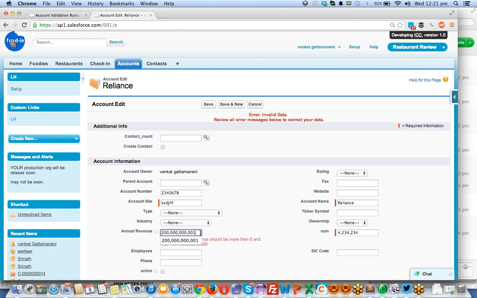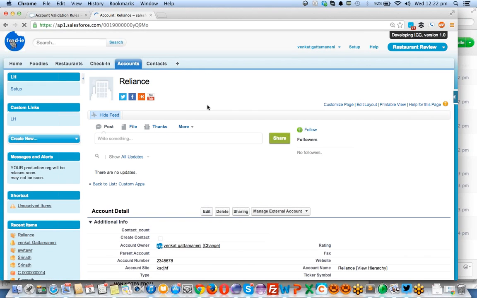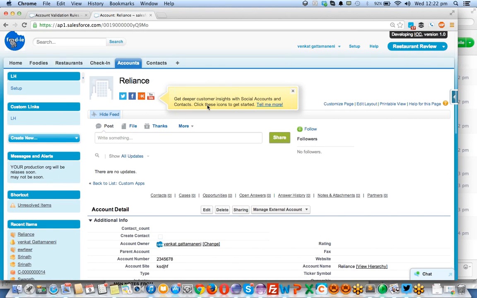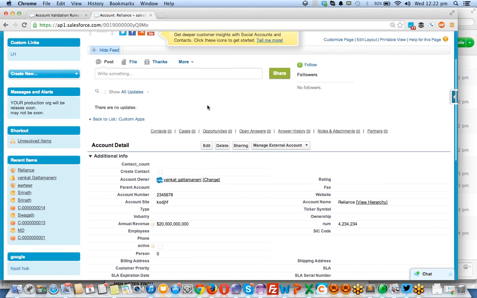So let's remove one more zero. I have removed only one digit at the end. I'm clicking on save. Now this will save properly into the database because this is greater than 0 and less than $20 billion.